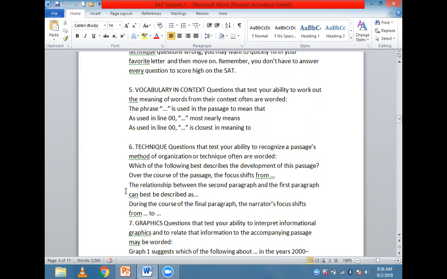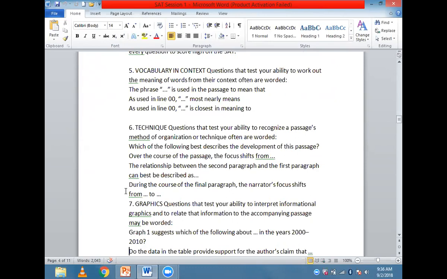So vocabulary in context not just judges you on understanding of words, it also judges you on how you can relate those words to the central theme or the argument that is going on in the reading section. Something I really like to do is try to make my students adept, really skilled at analysis. Once you understand how to go about a particular passage, how to decipher your argument, your central theme, your attitude, then all these things become very clear to you. So that is a skill which you have to work on.